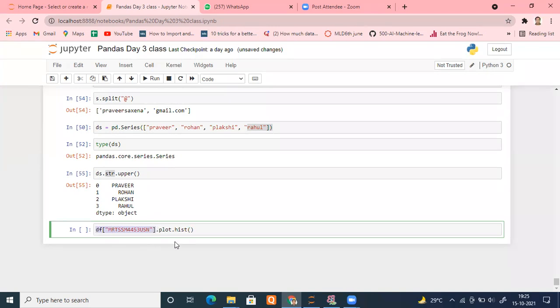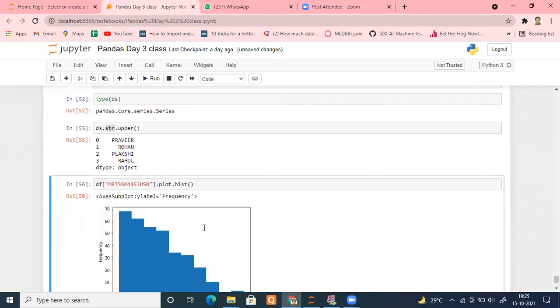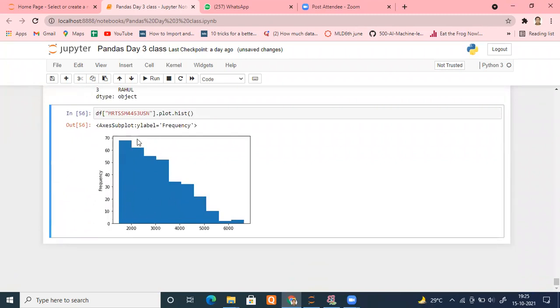Data dot plot dot histogram. Histogram is a kind of plot. Let me run this. And it is giving me the distribution, and see what it is mentioning, frequency. And here are the values. So what is a histogram? Let me show you a small thing.